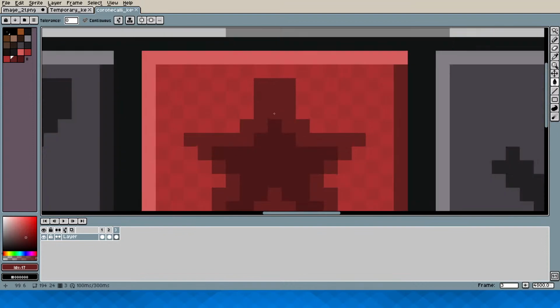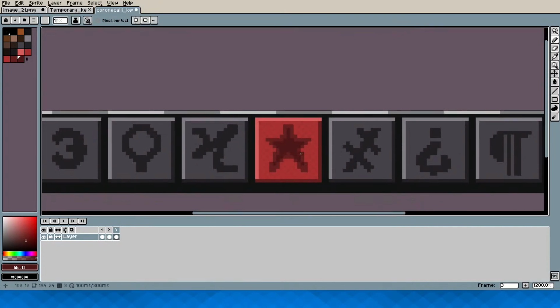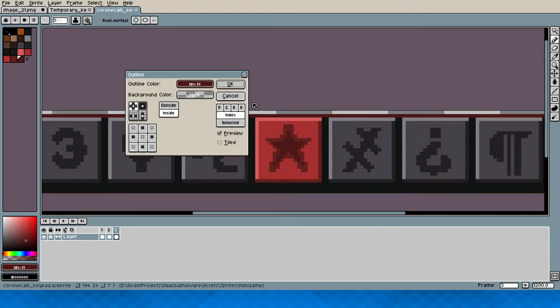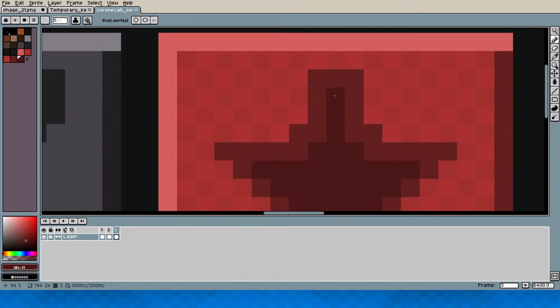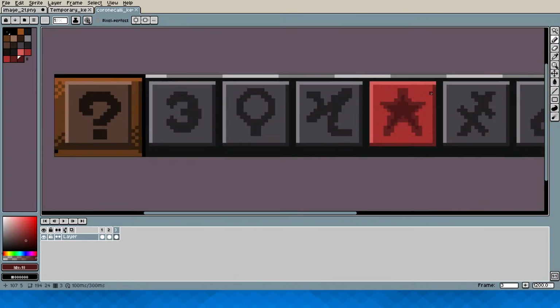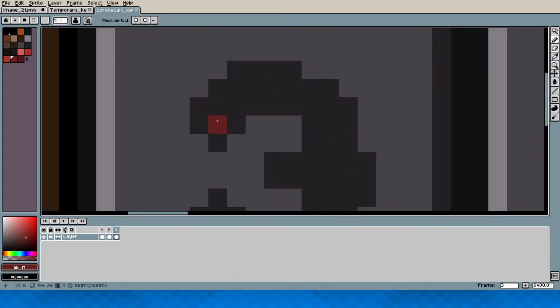If this was done with a pattern, this right here would have been this color. This pixel right here would have been this color if you use inset outline here. But no, that is not the darker color, it's the lighter color of the two. So I think I'll have to do this manually to match the style.